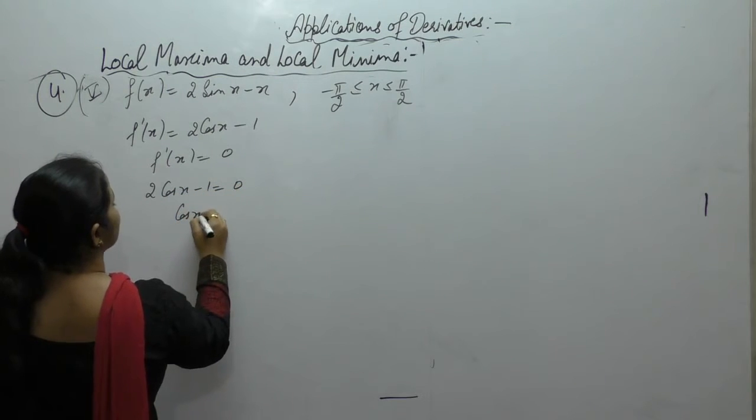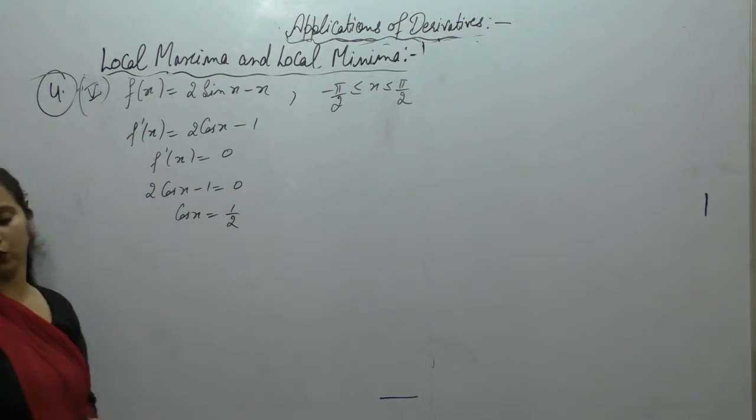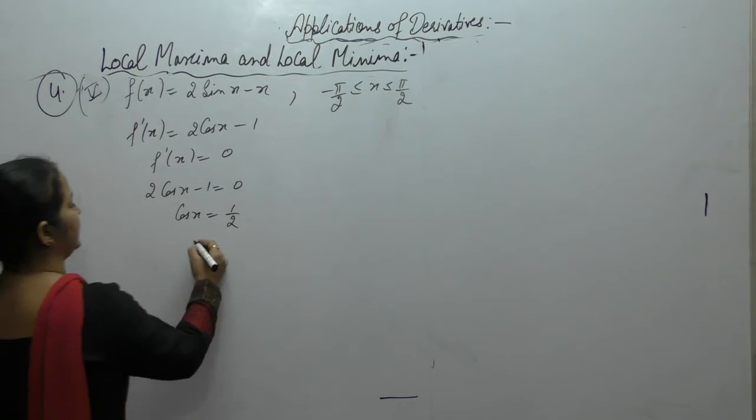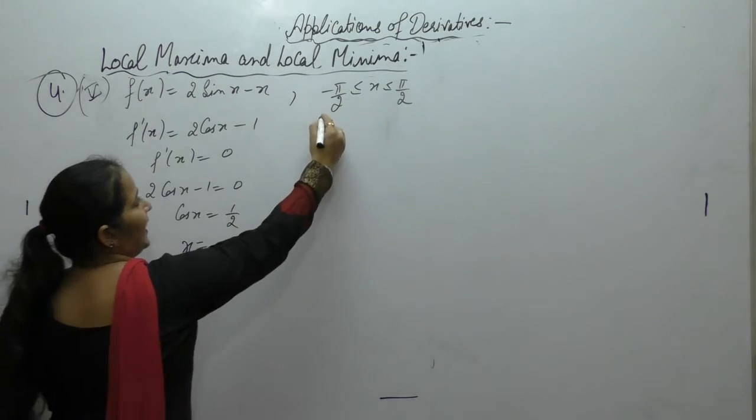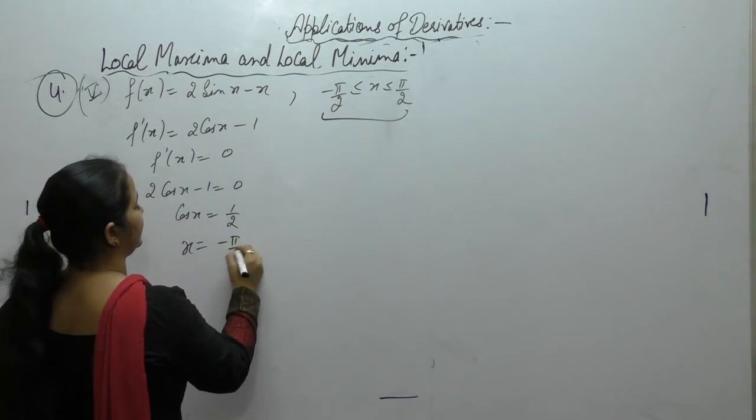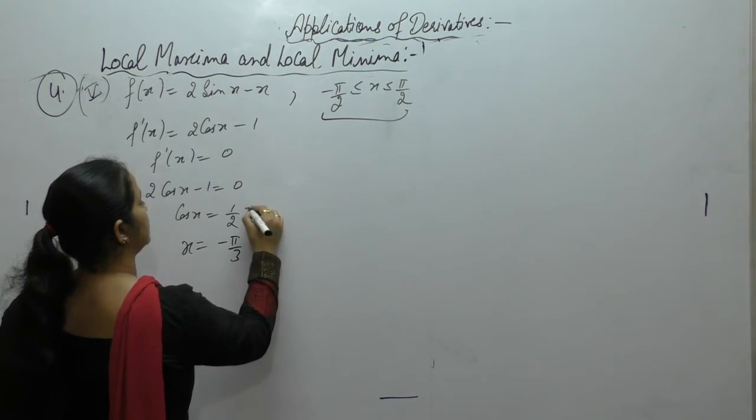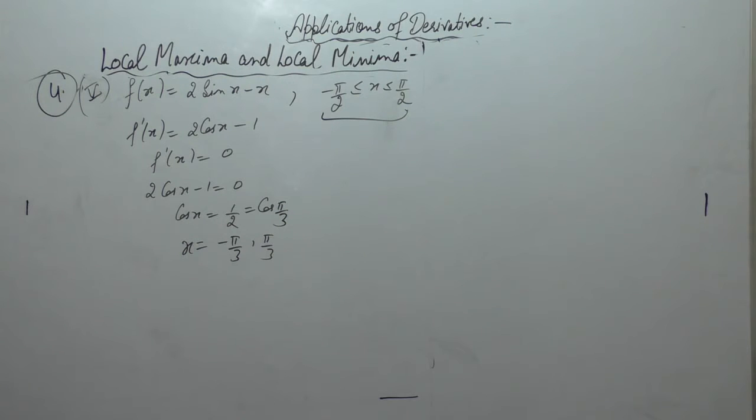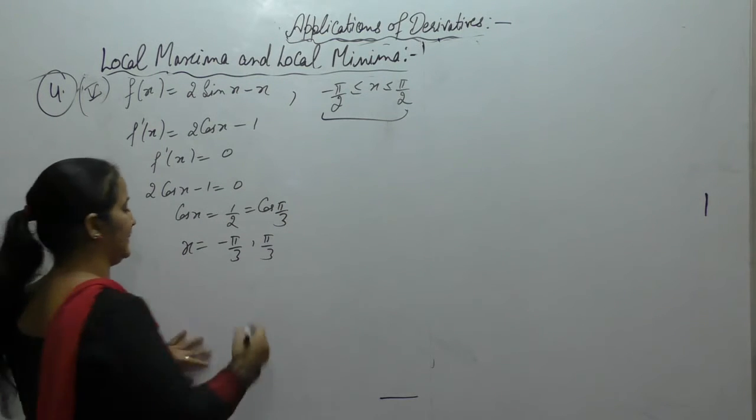We get cos x as 1 by 2. 1 by 2 is the value of cos pi by 3. Angle lies between minus pi by 2 to pi by 2. So 1 by 2 is cos pi by 3. So x is plus minus pi by 3. Now